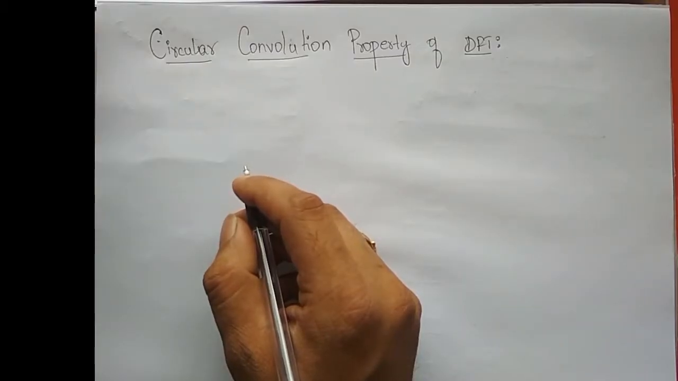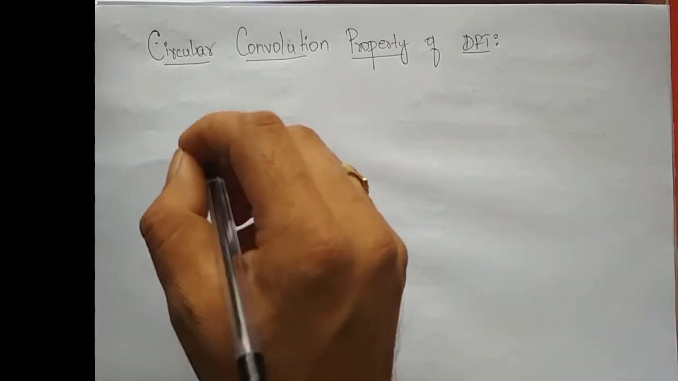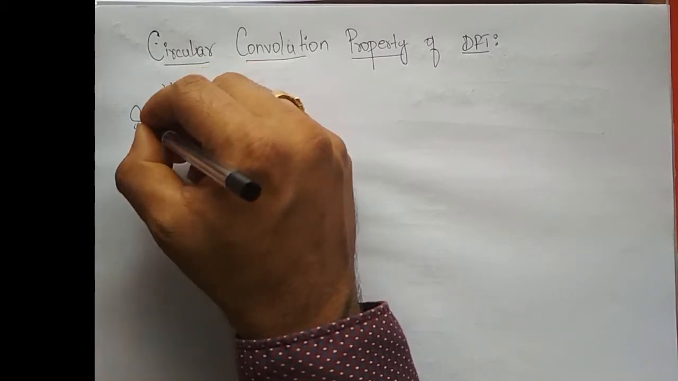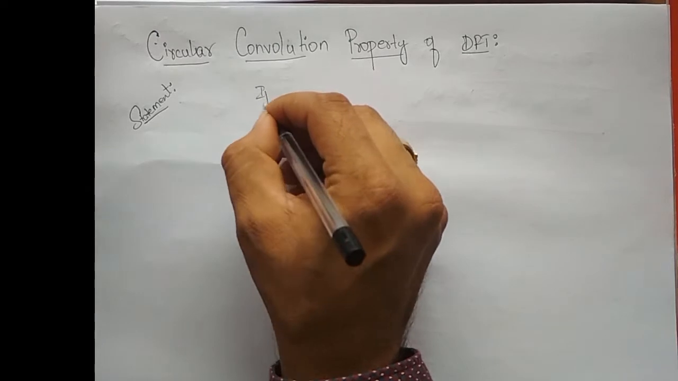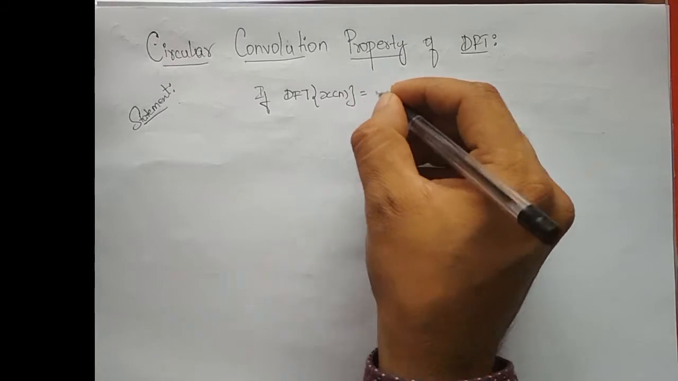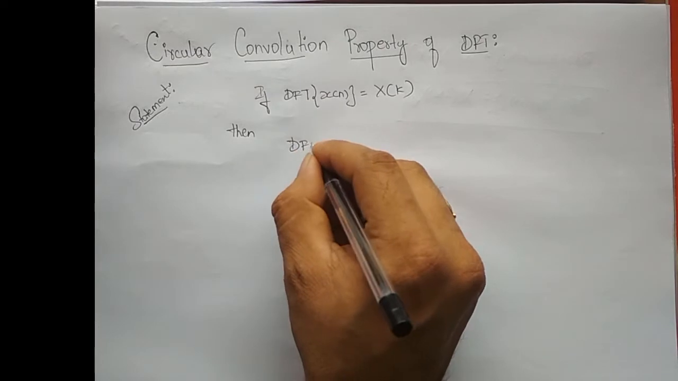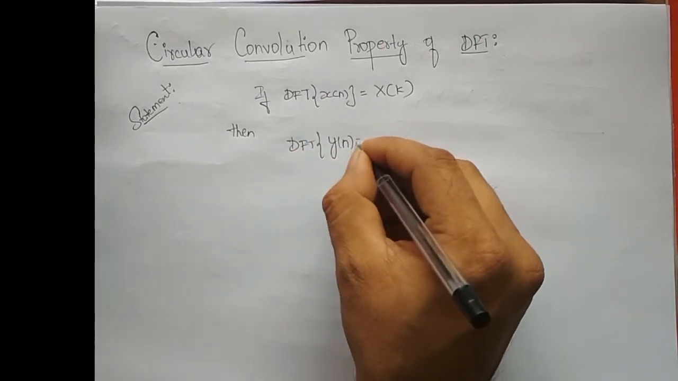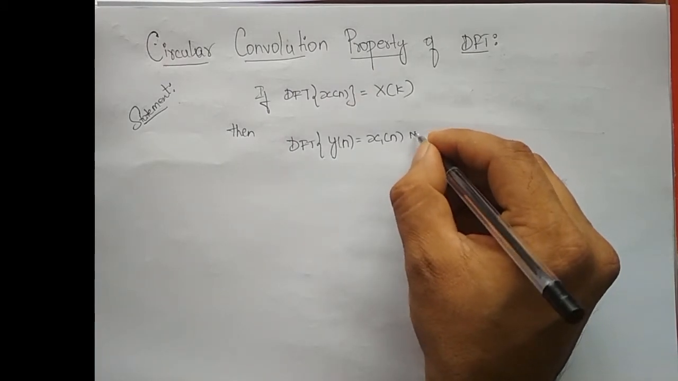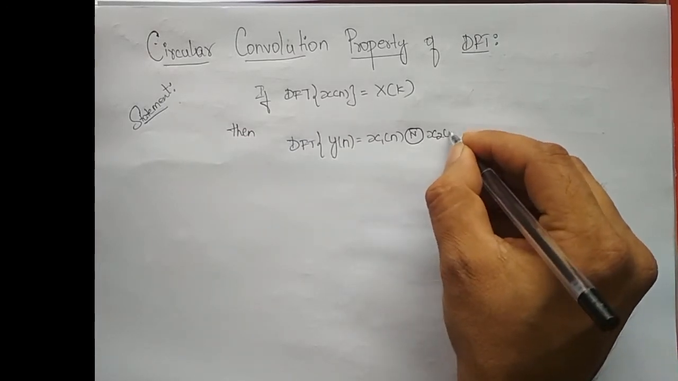Hey guys, in this lecture we are going to prove the circular convolution property of DFT. Its statement says that if DFT of x of n is equal to X of k, then DFT of y of n, which is equal to the convolution of two time domain sequences x1 of n circle-starred with x2 of n,